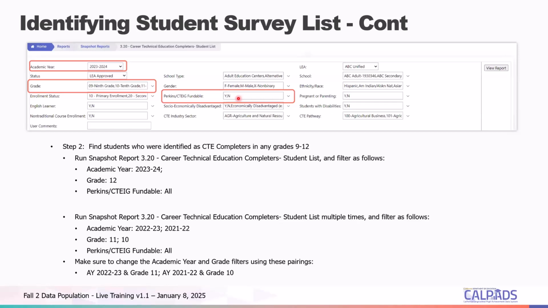By checking all or Y/N on this, you still are able to generate that list of students. And as I've mentioned, you have to run this report 3 times, each year corresponding to their grade level. So for 23-24, it's 12th grade. For 22-23, it's 11th grade. For 21-22, 10th grade. Okay?